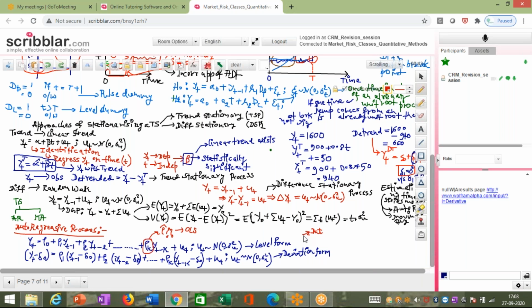So for an AR1 process, what should be the data generation process, or the DGP of the AR1 model? Like when we had worked with the random walk model, we had seen that the data points are being generated